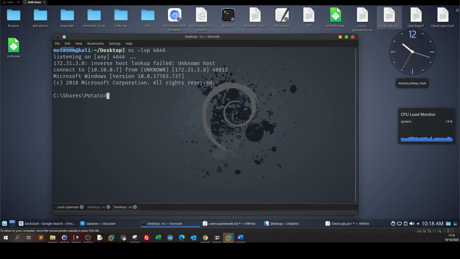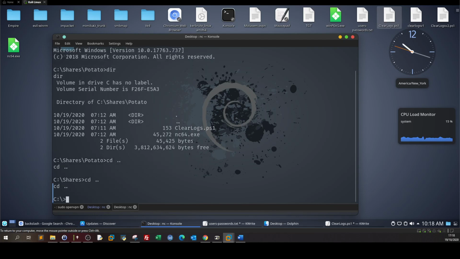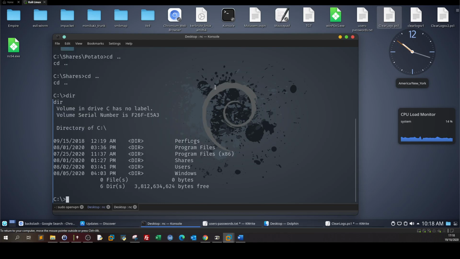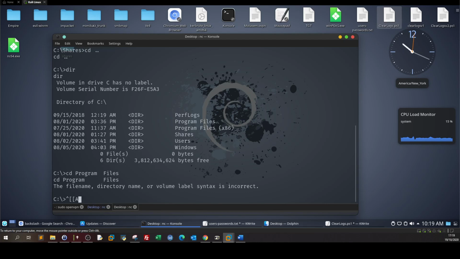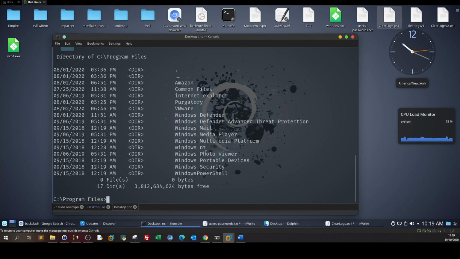But how are we going to find this? We're going to find this from winpeas.exe. But I don't want to waste time on this. We're going to jump right to that. So here, let's go back. See what do we have? Directory. So if we go to program files, cd program files, cd, let's put double quotes. So in here, you will find in winpeas.exe that it's telling you that we have a directory called purgatory. So if you see to purgatory,